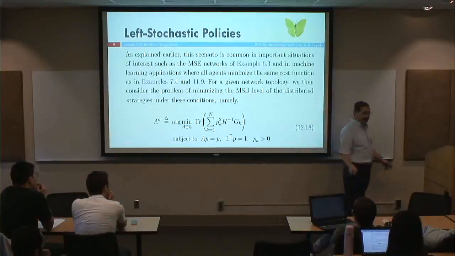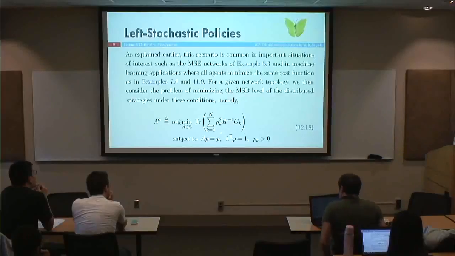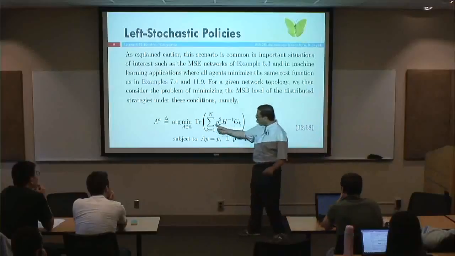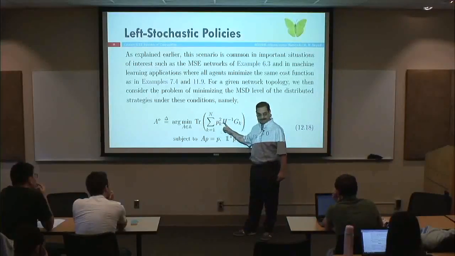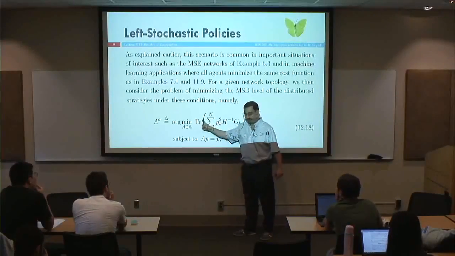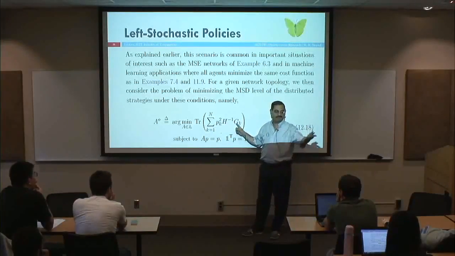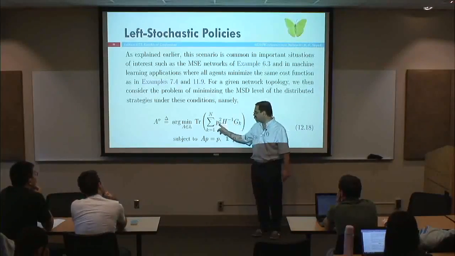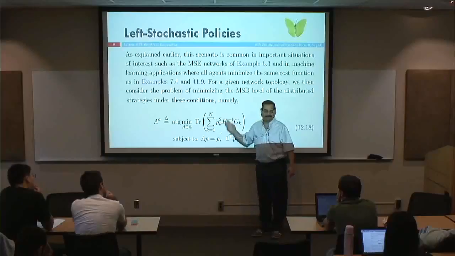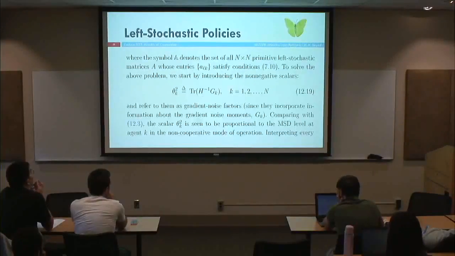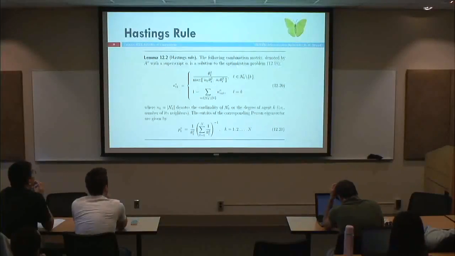You understand what I'm saying? Very good. You see, I can switch, just so that I can bring the trace inside. Take the sum outside, right? So this becomes the sum of p_k squared times the trace of this. What did I call that trace? Theta k, right? So I'm going to write this more simply as the sum of p_k squared theta_k squared. So my problem, the problem I need to solve, here I'm reminding you of the definition of theta. So the problem I need to solve is,